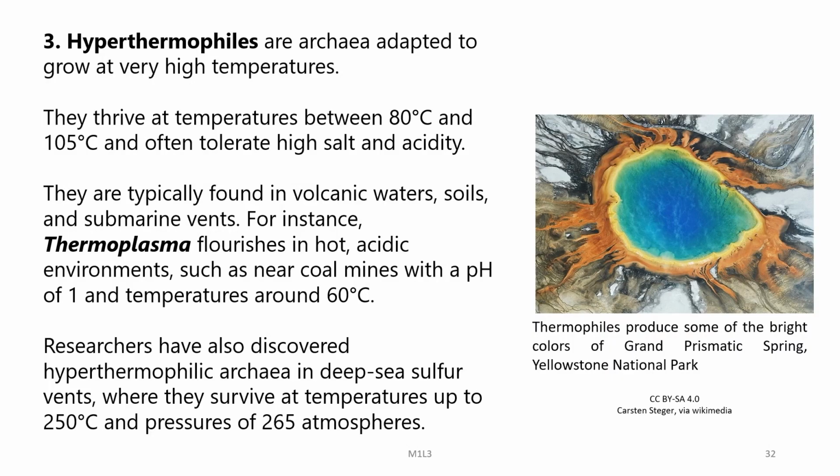These are archaea adapted to grow at very high temperatures, as the name suggests. They thrive at temperatures between 80 and 105 degrees and often tolerate high salt and acidity. They are typically found in volcanic waters, soils and submarine vents. For instance, Thermoplasma flourishes in hot acidic environments such as near coal mines with a pH of 1 and temperatures